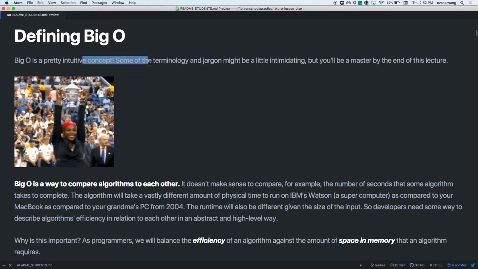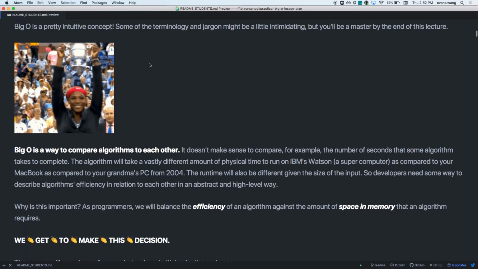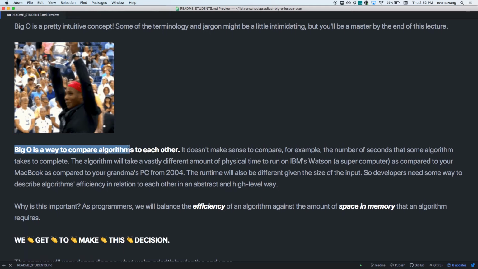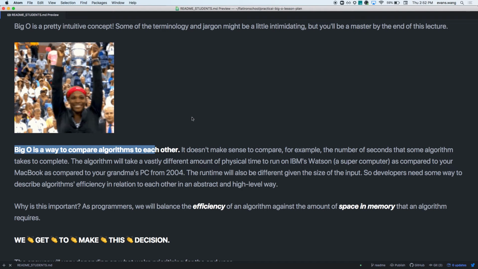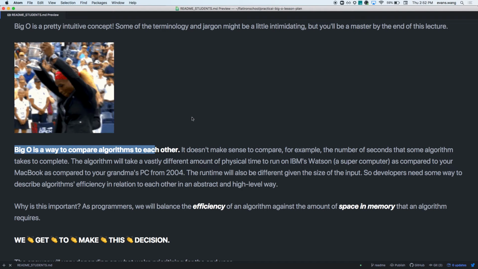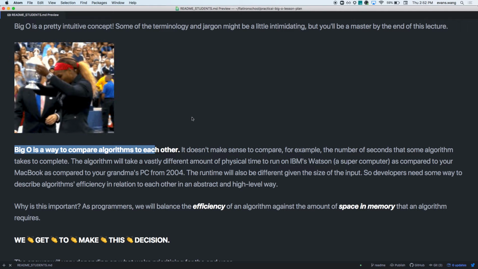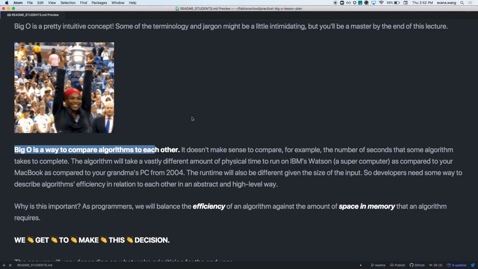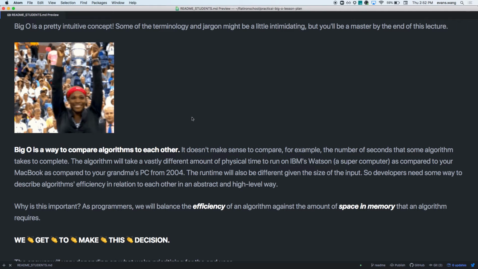Big O is a very intuitive concept. And really, the bottom line is that it's a way to compare algorithms to each other. How can I tell whether or not my solution is faster or slower than yours in terms of its runtime? That's a really weird thing to say, but the idea here is